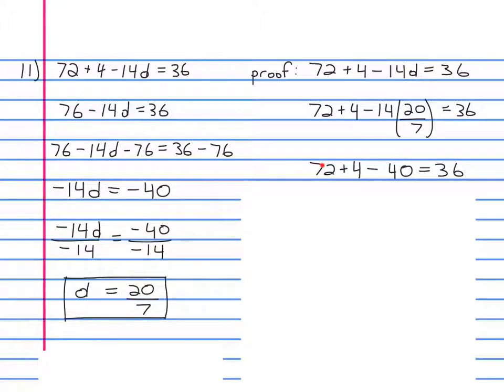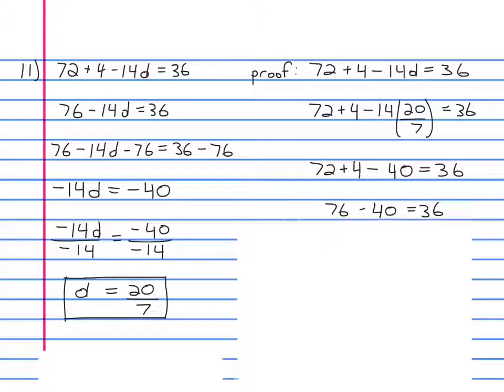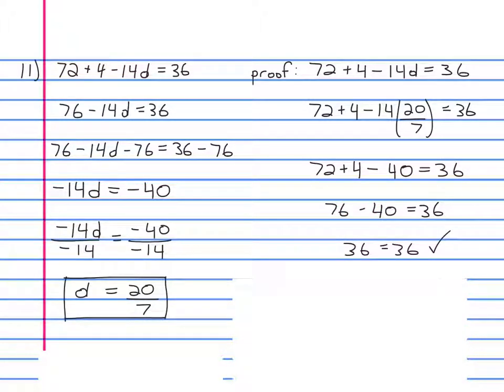Now, order of operations, we are at the addition subtraction stage. We come from the left and we say what comes first, and what comes first is this addition. So we do that first. 72 plus 4 is 76, and we write everything else the same. Minus 40 equals 36, okay? And finally, last thing that we do is we combine this 76 minus 40. 76 minus 40 is 36. 36 equals 36. Check. That is a proper solution and a proper